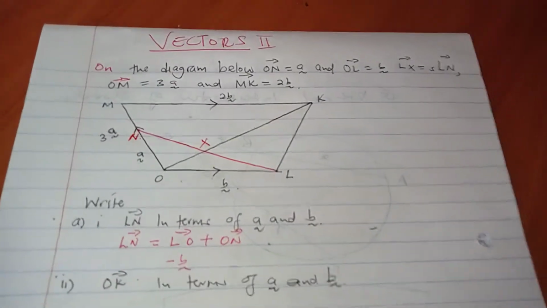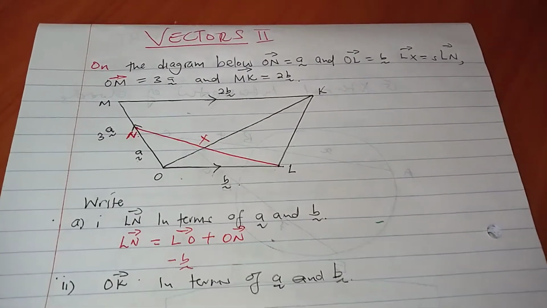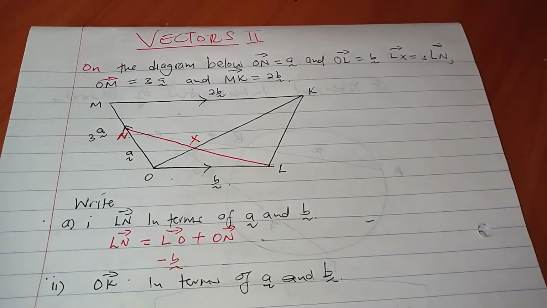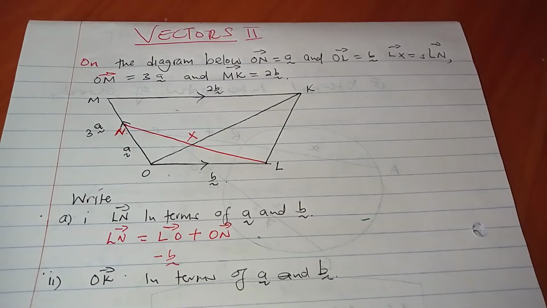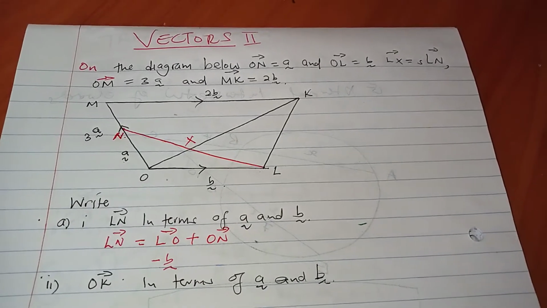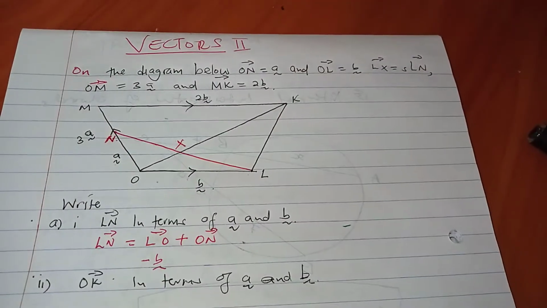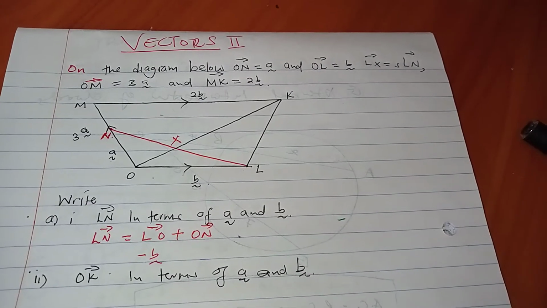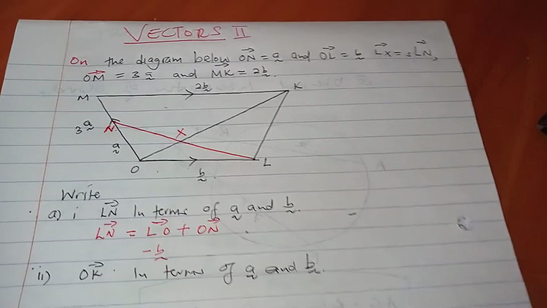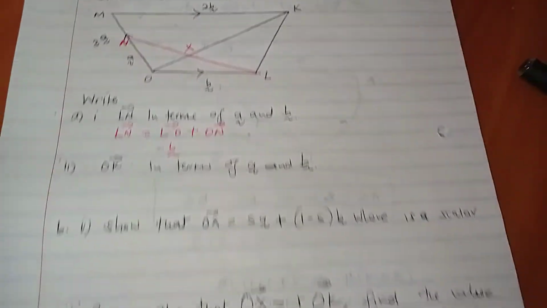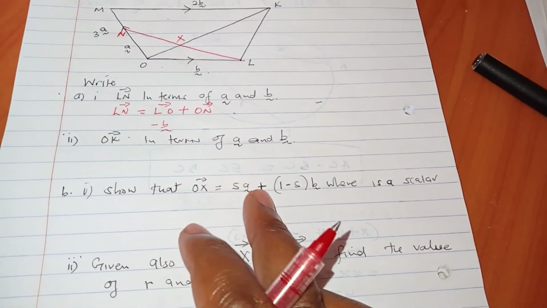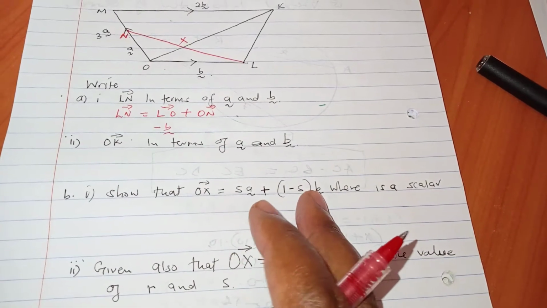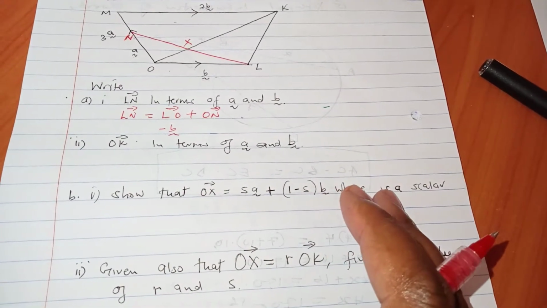We have vectors 2 here, and our question reads: on the diagram below, ON is equal to vector A, and OL is equal to vector B, LX is equal to S times LN, and OM is equal to 3A, and MK is equal to 2B. We are supposed to write LN in terms of A and B, OK in terms of A and B, and then show that OX is equal to some fraction times A plus 1 minus the same fraction times B,